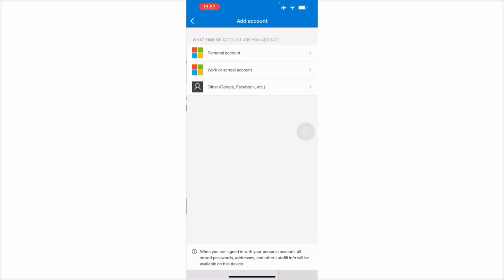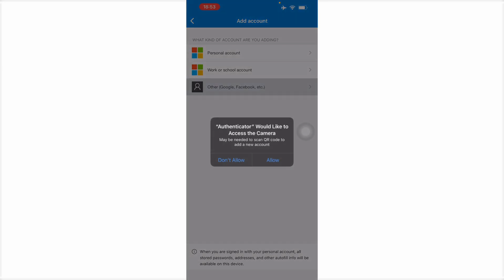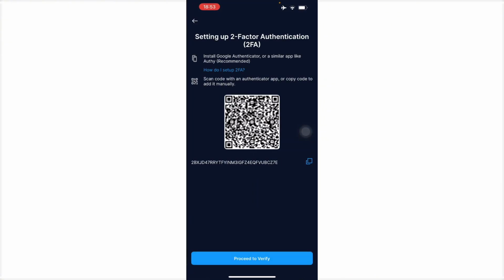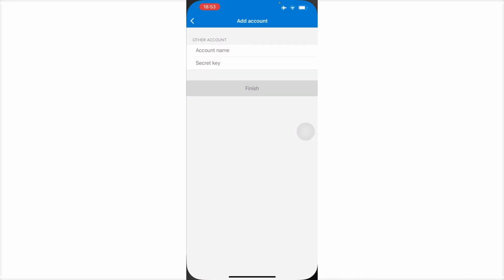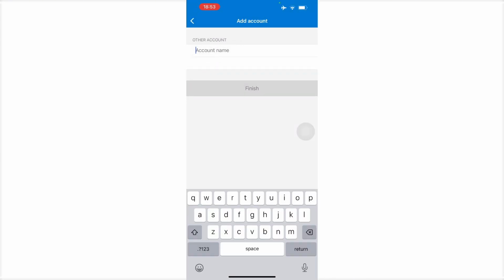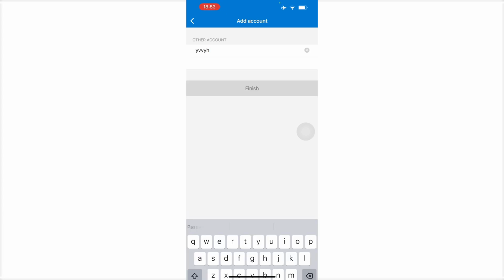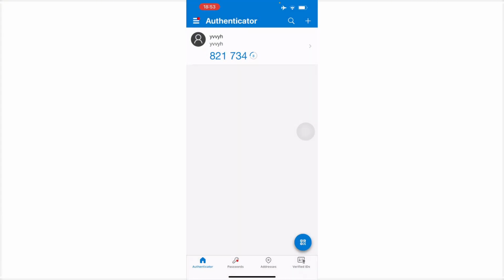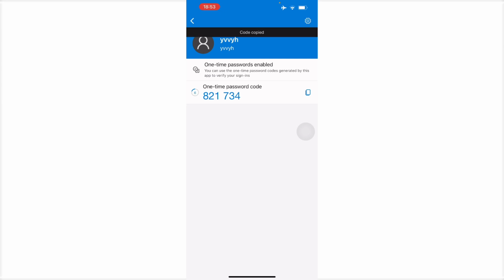So all you have to do is press add account, so other right here, and then you can also enter the code manually like we said, or you can scan the QR code. So we are going to have our own actual code here, so copy the code basically, and then secret key, so name, just place that, press finish, and then you will have to basically just copy this, the one-time password code,